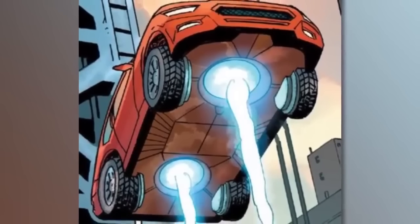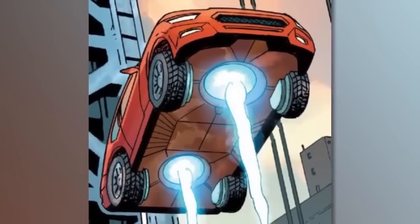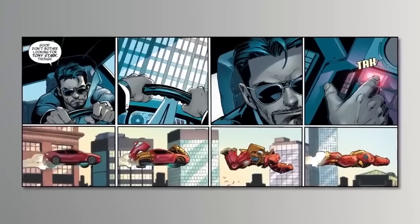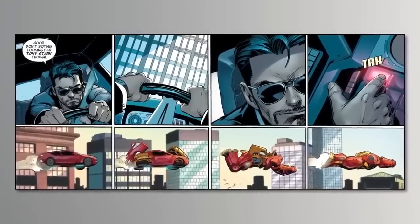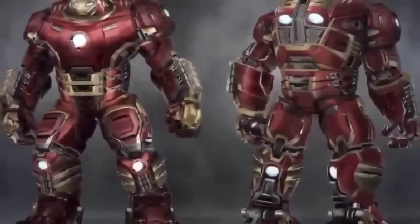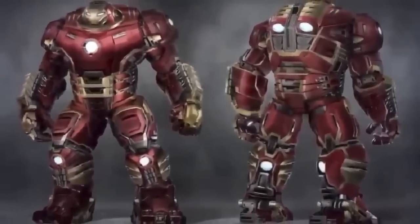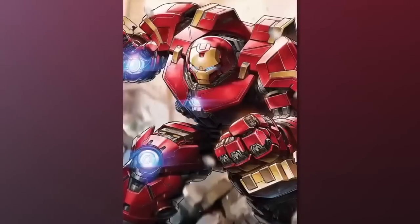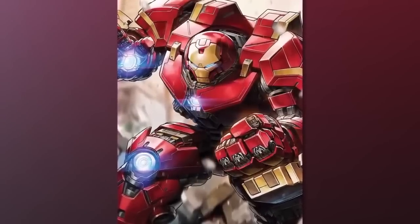Now in its vehicle form, the armor can achieve flight with the use of 2 repulsor turbines on its bottom, and then by pressing the button on the car's panel, the entire thing transformed into a Hulkbuster armor in a matter of seconds. It's basically just a transformer. This marked the first time a suit of armor in the Marvel Universe continuity was adapted from the MCU. While certain artists' depiction of the Iron Man armor Mark 42 included a helmet design lifted from the standard Iron Man helmet outline used in the MCU,